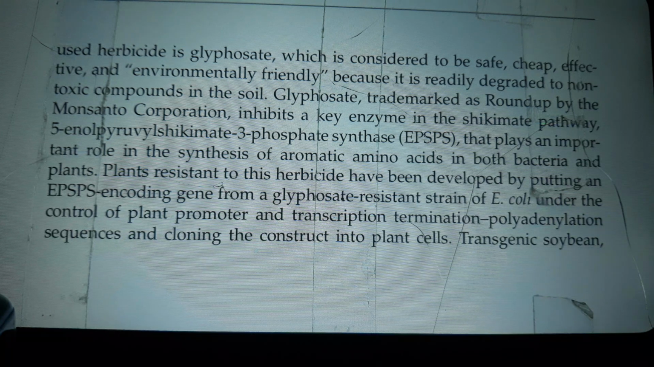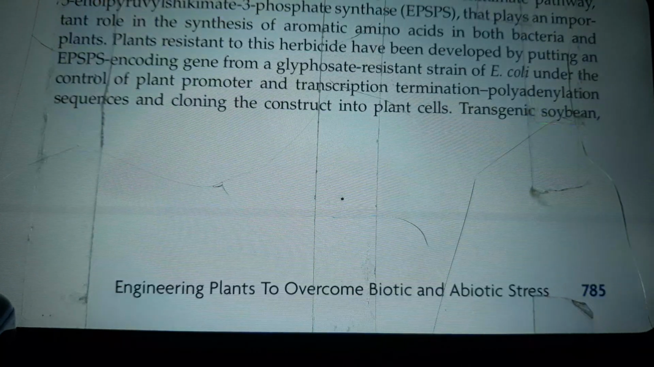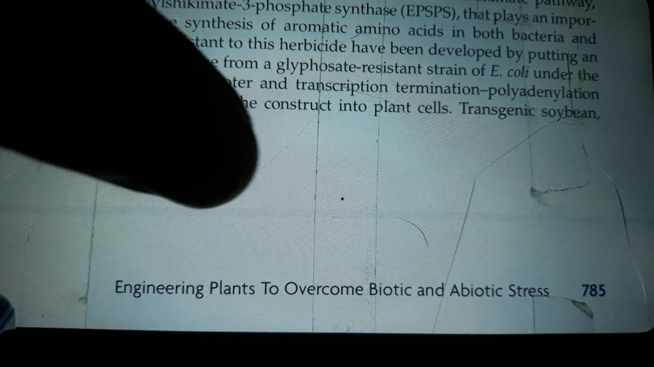Glyphosate, trademarked as Roundup by the Monsanto Corporation, inhibits a key enzyme in the shikimate pathway, 5-enol pyruvyl shikimate 3-phosphate synthase, EPSPS, that plays an important role in the synthesis of aromatic amino acids in both bacteria and plants. Plants resistant to this herbicide have been developed by putting in an EPSPS encoding gene from a glyphosate resistant strain of E. coli under the control of plant promoter and transcription, termination, and polyadenylation sequences,